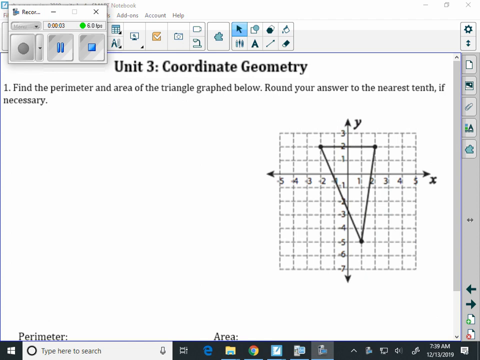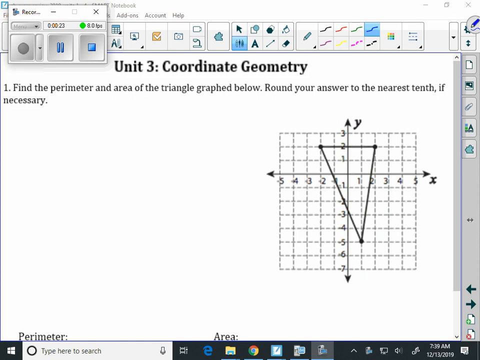Find the perimeter and area of the triangle graph below. Round your answer to the nearest tenth if necessary. Well, when we're finding the perimeter and area, whether it's a triangle or later on when it's a rectangle or parallelogram or rhombus, some sort of quadrilateral, we need to use the